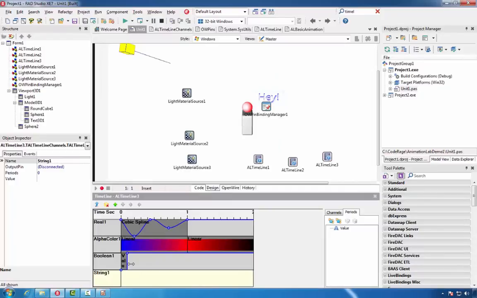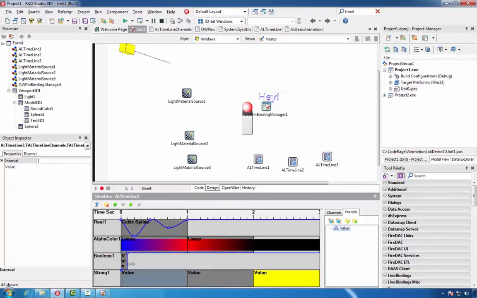For the string, we'll set 3 value periods. We will make all of them relatively short.